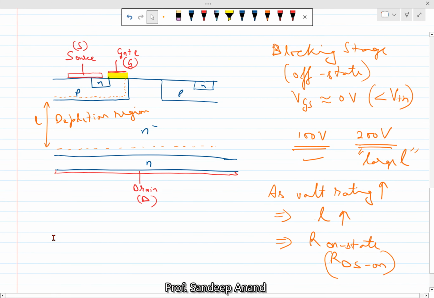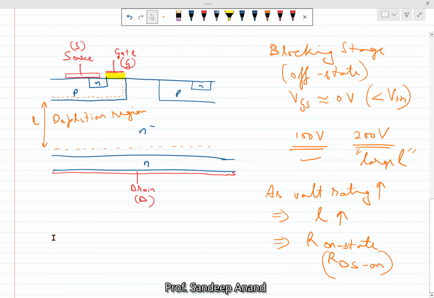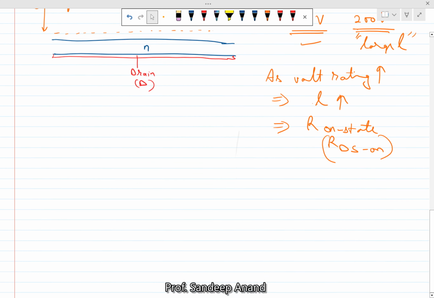Now, the problem was that as we build 50 volt, 100 volt, 200 volt devices, it's okay, the resistance keeps on increasing, which is what we understand. But beyond a certain point, the resistance becomes significantly large, right? So imagine a MOSFET of 1200 volt. The resistance would be so big that it would incur a significant amount of conduction losses. And that is the reason